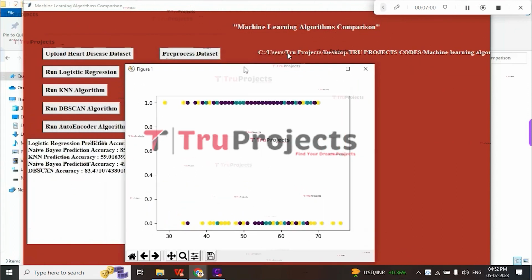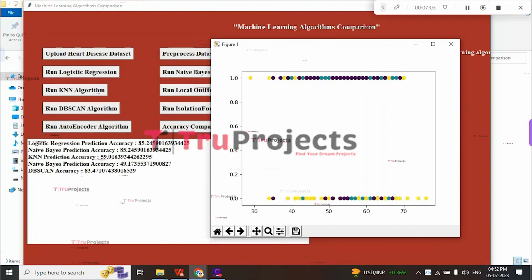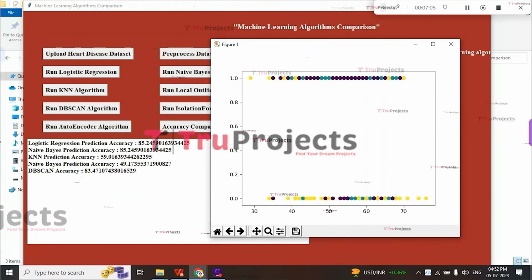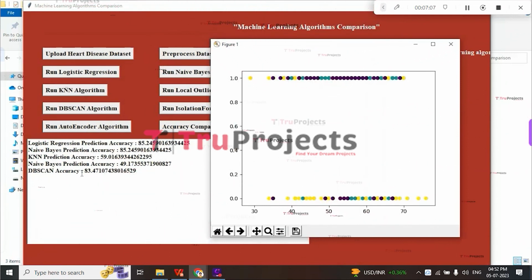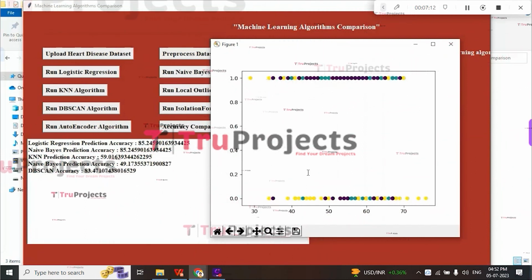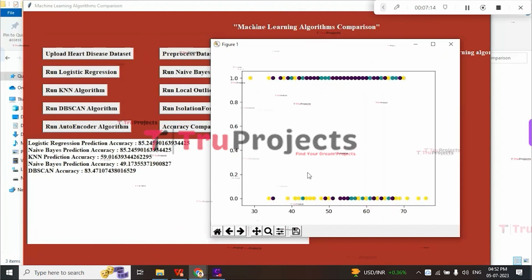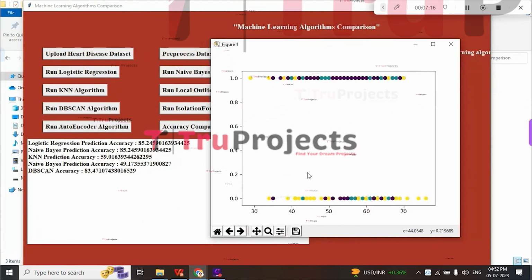Here, the DBSCAN algorithm gives an accuracy of 83.47%, and in this graph we can see some records are set in cluster 0 and some records go to cluster 1,